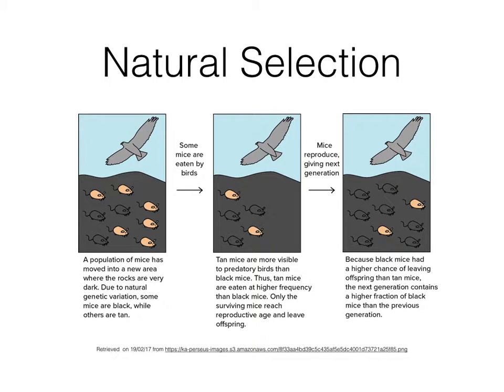In the first one, it is possible to observe that it is an example about mice. There are two types of mice in the population. Some are black and some are tan. Tan mice are easier to see to predators and therefore are an easier prey than the black mice. Thus, black mice have a higher probability of surviving till their reproductive age and having offspring of their own. In consequence, the population of black mice will increase and the population of tan mice will decrease.